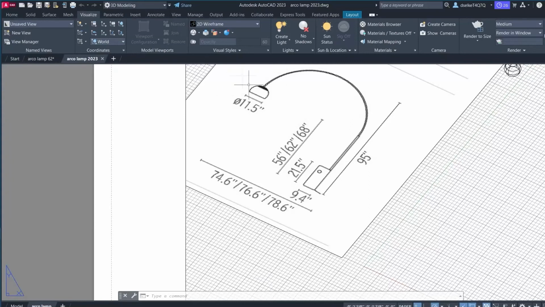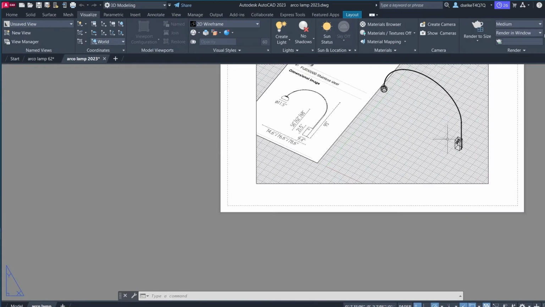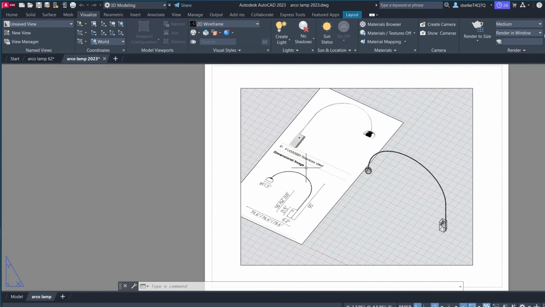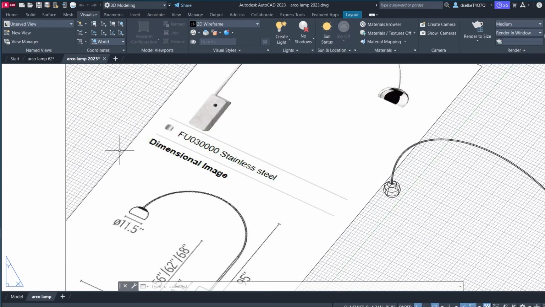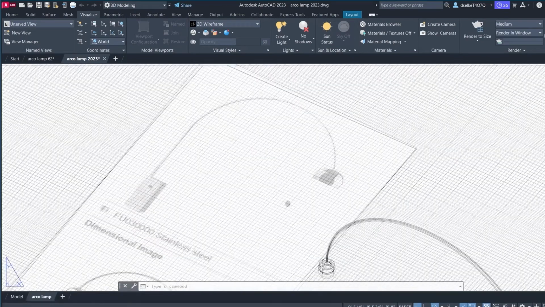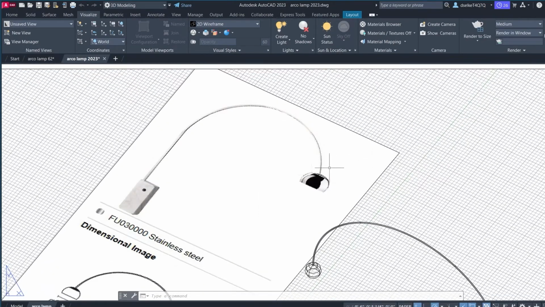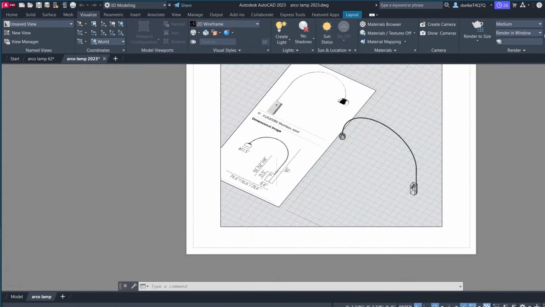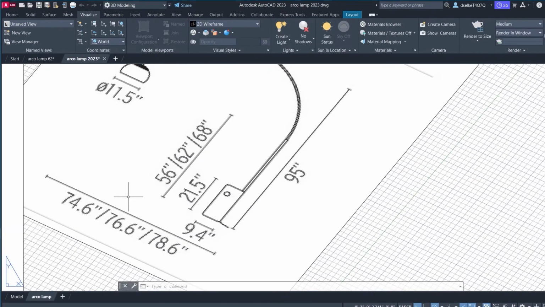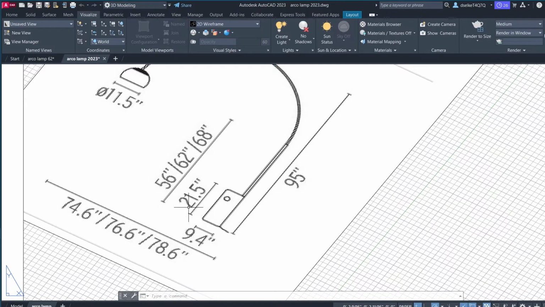Alright. We are going to talk today about how to draw the Arco lamp in AutoCAD. This is the iconic lamp from 1962, and it's a very specific size, very specific proportion with a marble base and also a specific stainless steel lamp and aluminum shaft. Very heavy, very elegant design. Some very specific dimensions: